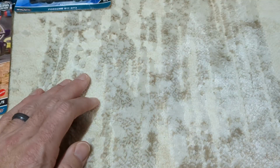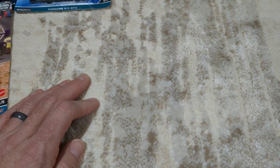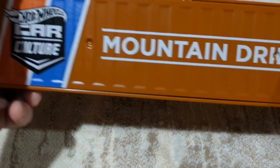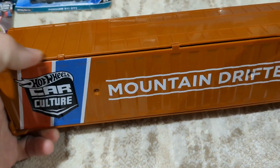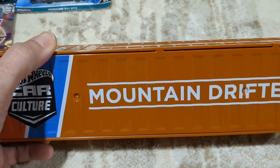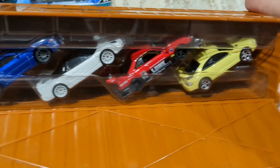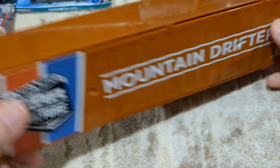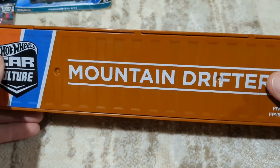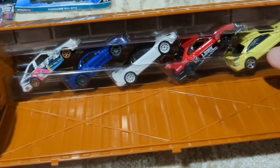So something I was going to talk about, and I don't remember where it was at in here, but I guess talking about just the value of things. A lot of these car culture, I've had the sets, and I sold them, and that may be part of the reason I sold some of the sets that I don't have. I had Mountain Drifters. This is a great set of cars, but I prefer to get them in these containers if I can, because, number one, I can open them, take them out, display them, and I have something to put them back in